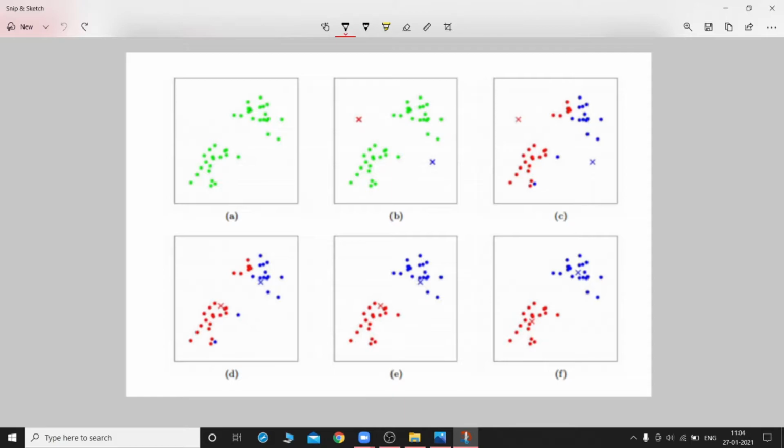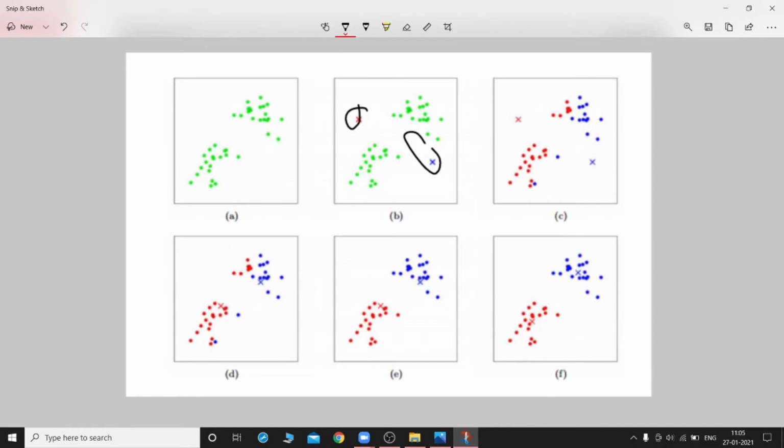These dots are nothing but data. There are several data points plotted in a graph format, and these data have certain values to them. Now the next step is that we have these 2 points, one is this one and one is this one. These points are called cluster centroids. Cluster centroids are just points based on how many clusters you want to separate these values into. So we have two cluster centroids here, one red colored and one blue colored.